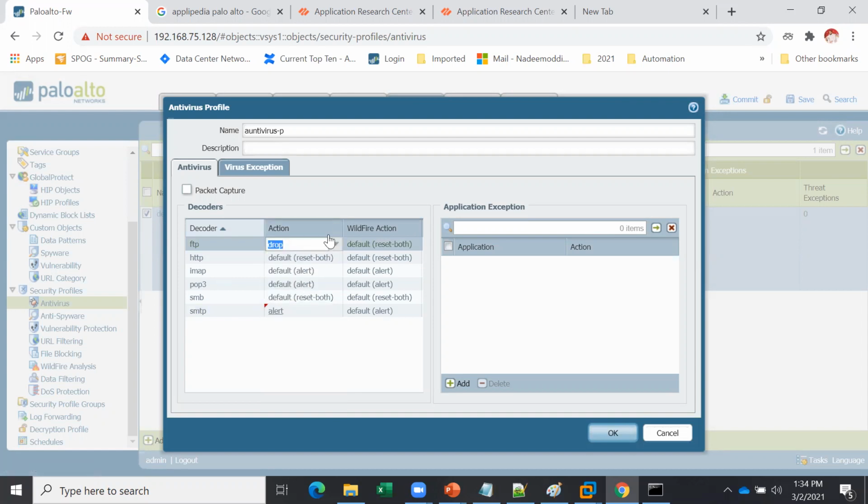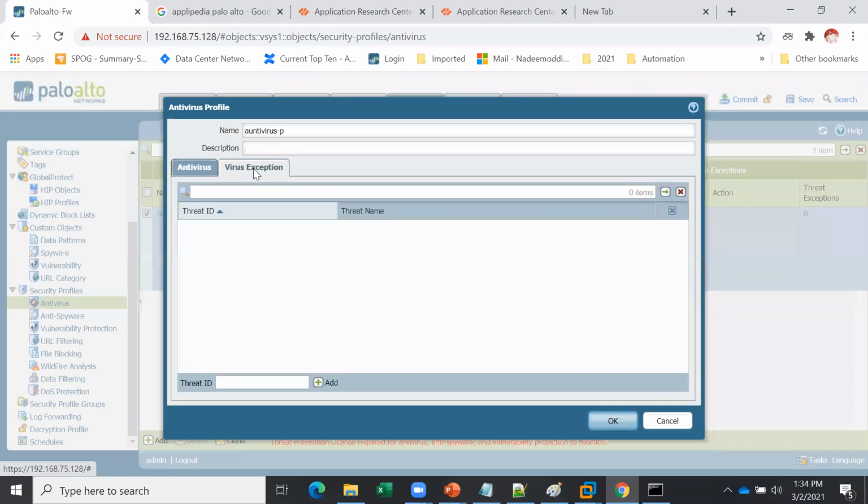So use these options. You just need to select, for when this type of traffic, let's say HTTP, is going on, that if any virus is detected, the traffic should be blocked. And if you want some virus to be an exception, you need to give that virus threat ID and name and put that exception.